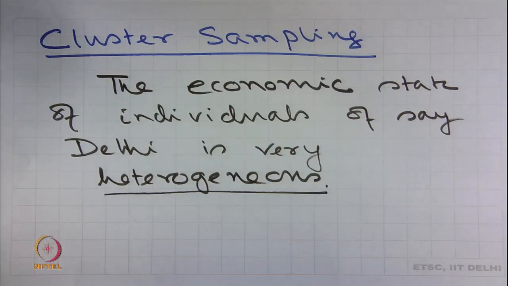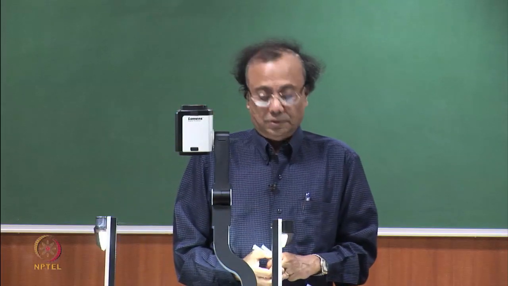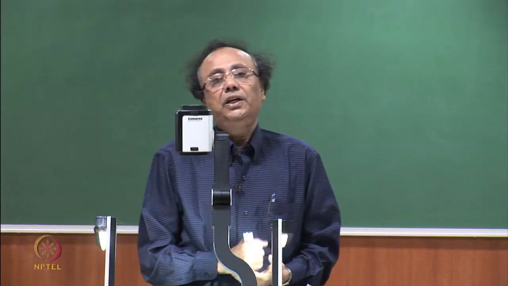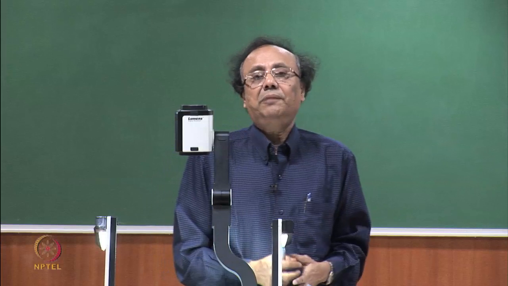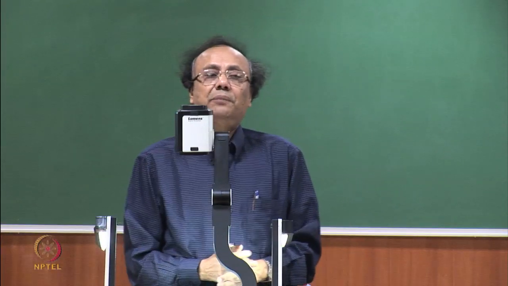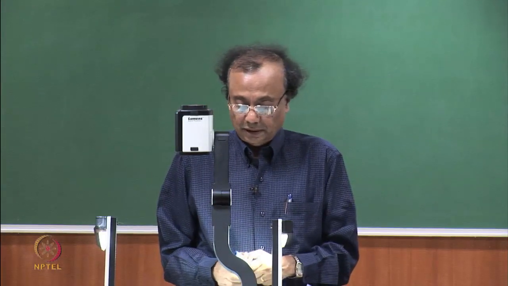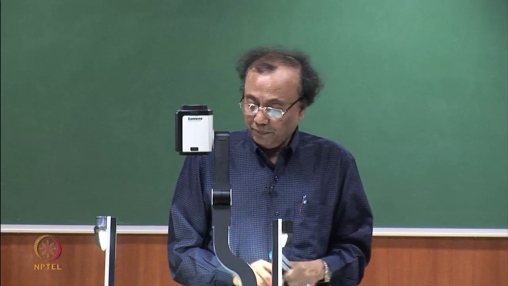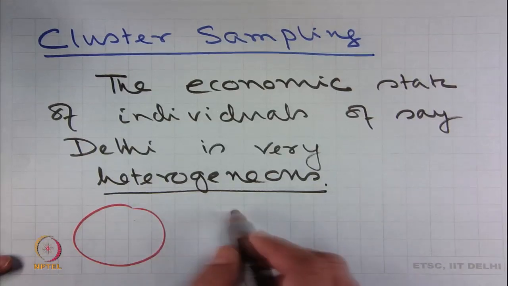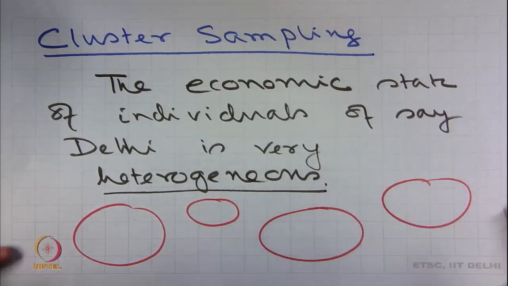Therefore, application of simple random sampling will lead to very erroneous results, or a result with a huge variance, because the outcome of the survey will be very different based upon the samples that you have chosen. Therefore, it is more meaningful to divide the entire population into different clusters such that the clusters are homogeneous